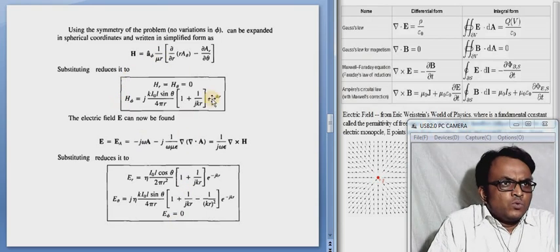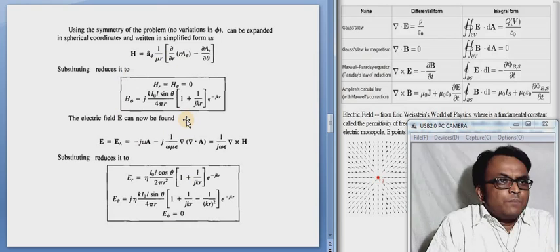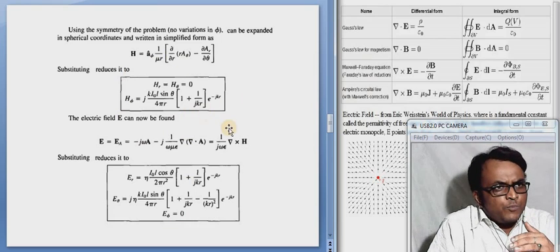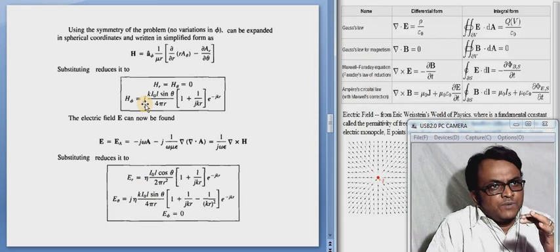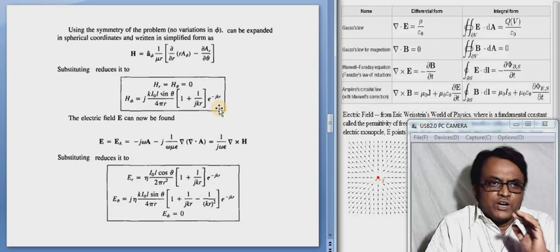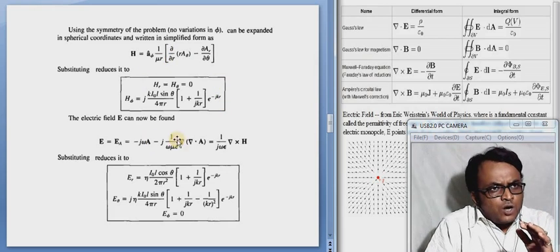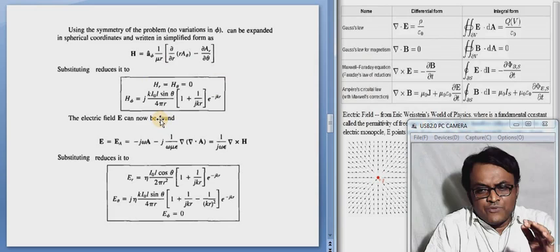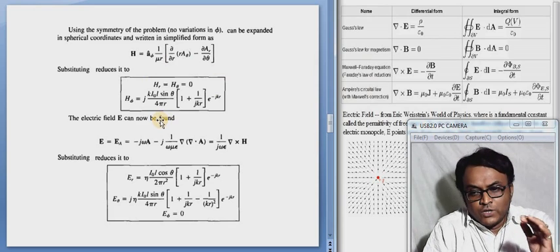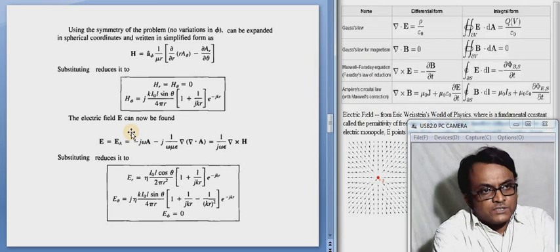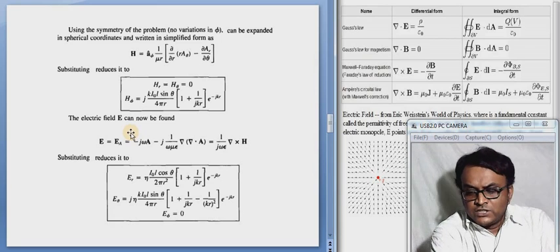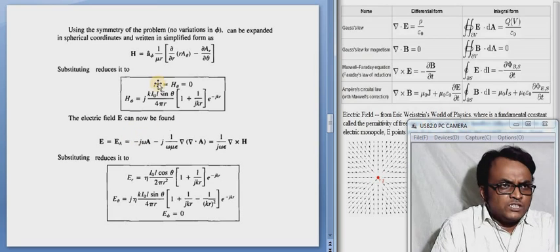So for the propagation we have different field components: the electric field in the radial component, the electric field in the elevation component, and the azimuth component of the magnetic field. These are the electrical field patterns, and these components are derived from Maxwell's equations using the Lorentz gauge as well as the Coulomb gauge, in addition to the Jefimenko equations, to find this electric and magnetic field.